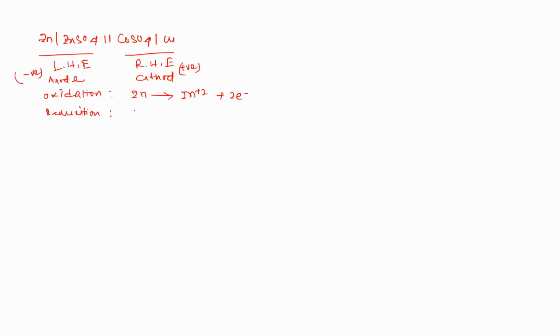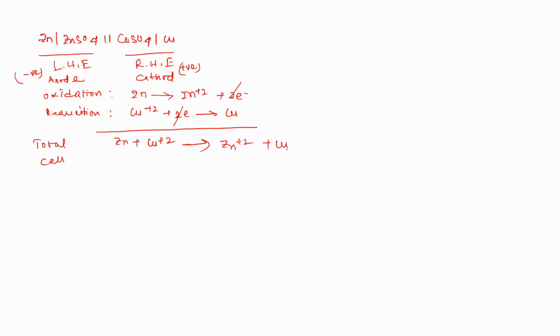What is the reduction reaction happening? Copper plus 2 takes 2 electrons and forms copper. So this is one half cell reaction, and this is another half cell reaction. So what is the total cell reaction? The total cell reaction is zinc plus copper plus 2 forming zinc plus 2 plus copper, where these two electrons cancel. So this is the total cell reaction. According to this total cell reaction, we can write the Nernst equation: E cell equals E0 cell